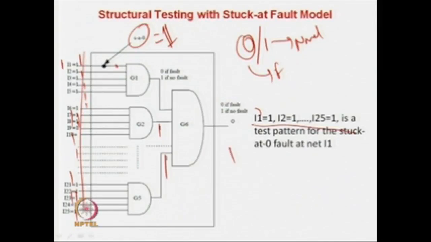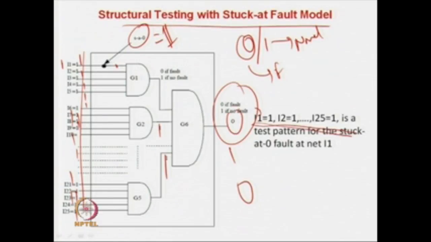If you get the answer 1, then you can say that the stuck-at-0 fault is not there, and if you get the answer 0, then you can say that a stuck-at-0 fault is here. So by applying this pattern, you can ensure that if the answer is 0, the stuck-at fault is there, and if the answer is 1, then no structural fault is there. So, structural testing with the stuck-at fault model, by applying this pattern, we have verified, without using any extra pin or any extra stuff,